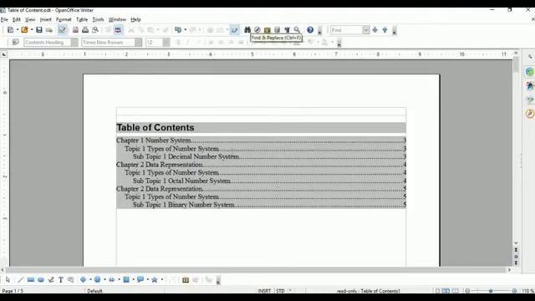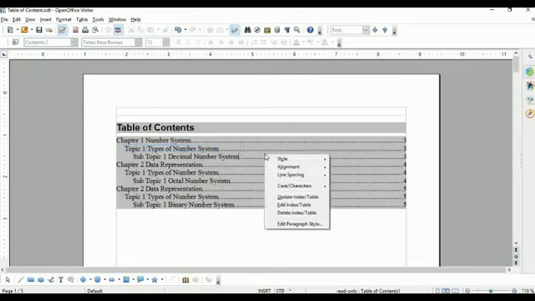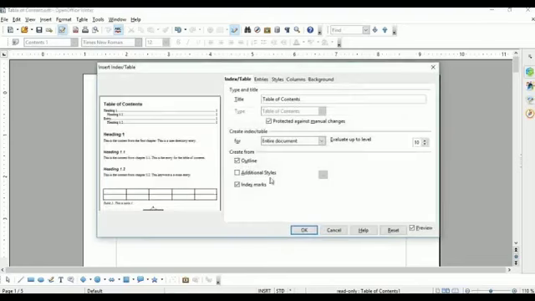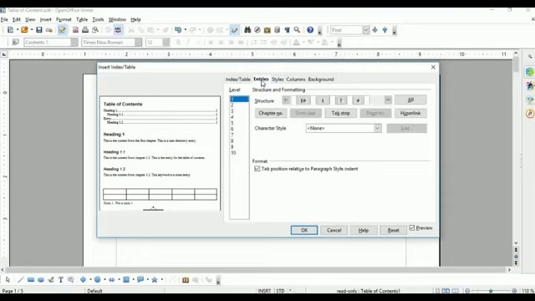If you want to provide a hyperlink in the second topic, what will you do? Meaning in this Topic 1, here in this Topic 1, you want to provide a hyperlink. What will you do? Simply go to the table of content, edit option, Edit Table of Content. Then select the second one, Entries.